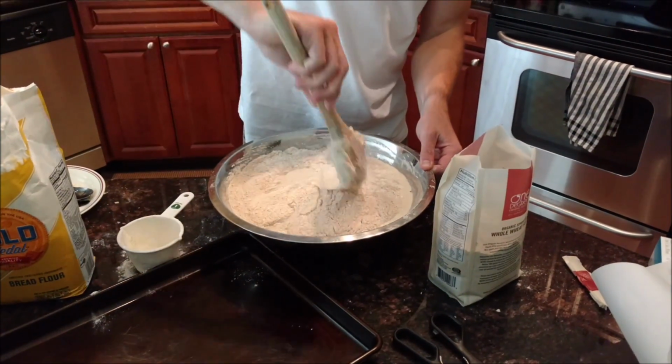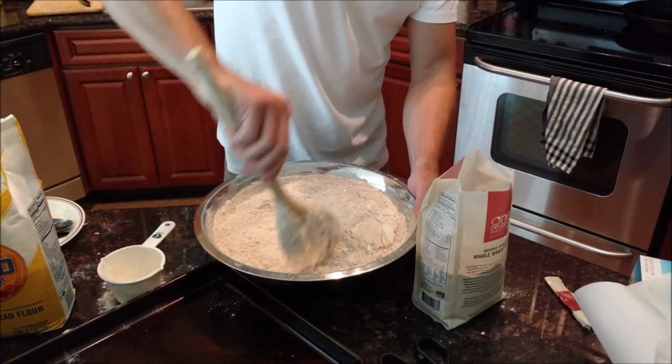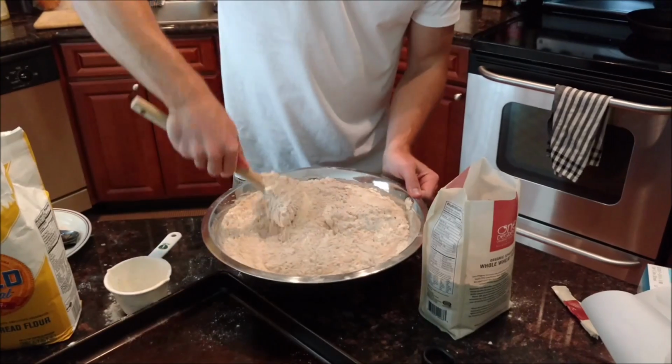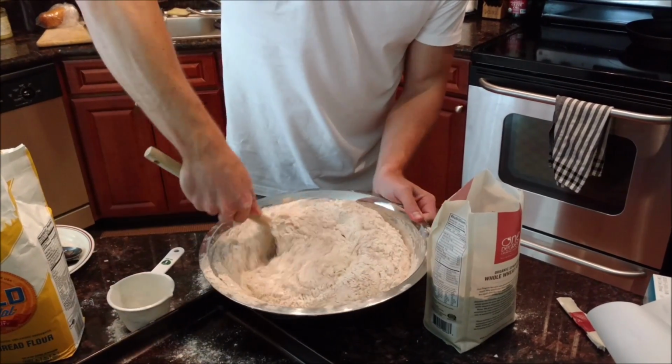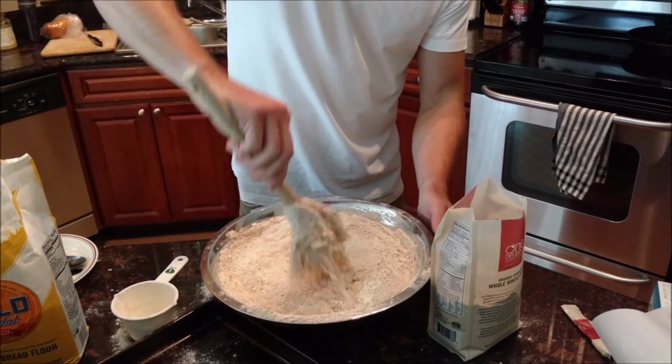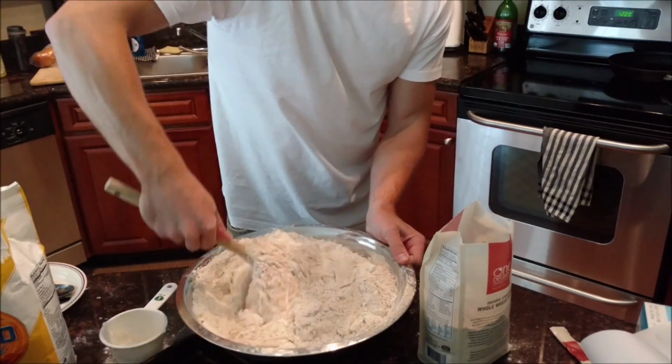Now I'm going to try and fold it over. This part gets a little bit tricky. I'll eventually start mixing it with my hands in order to make sure that there aren't any pockets of flour that haven't gotten mixed in, because that'll mess with the consistency of your dough. But right now I'm just sort of folding it over,